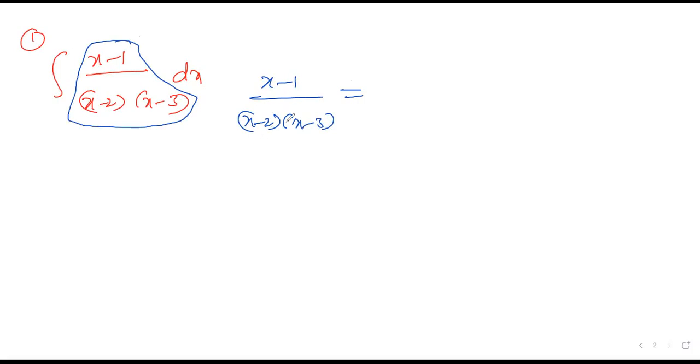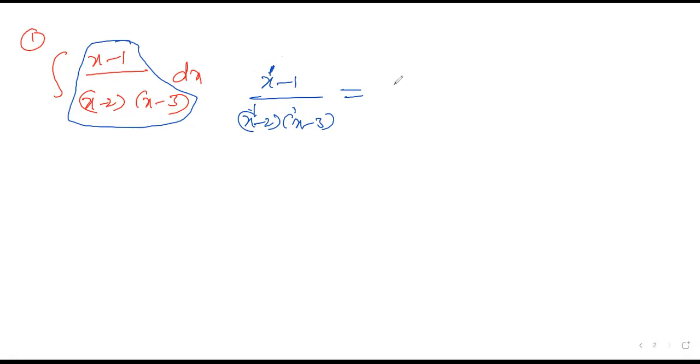You need to split this into partial fractions. How can you split it? When you take partial fractions, first you have to decide the method. What is the method of this one? First method or second method? First method. The order of the numerator is 1. The order of the denominator is x into x, so x square will come. So the denominator is more than the numerator, so it's method 1.